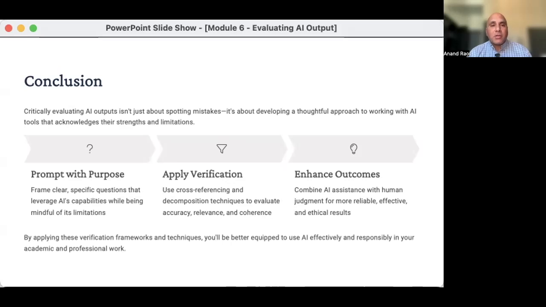Now, throughout the rest of the module, I have some readings, as well as another video that was produced by Anthropic's experts on AI fluency that helps you look at some other ways of evaluating AI output. All of them provide different frameworks and different criteria that you might be able to evaluate. I think it's important to consider all of them and always stay ahead of what's going on with AI, stay up to date with it. And in the fall course and later courses, we'll talk a little bit more about some of those developments with technologies and how that might change how you can verify or what you can rely on or not.